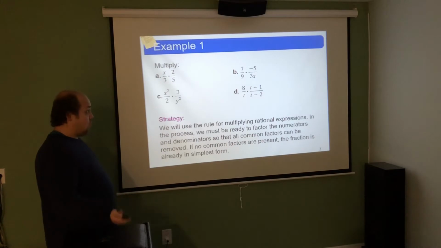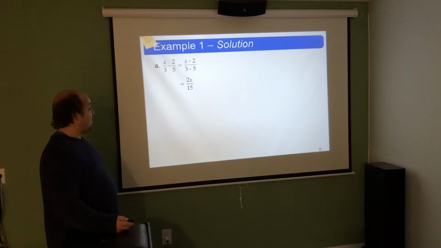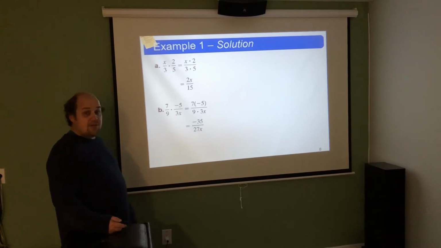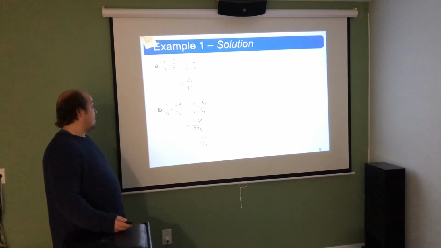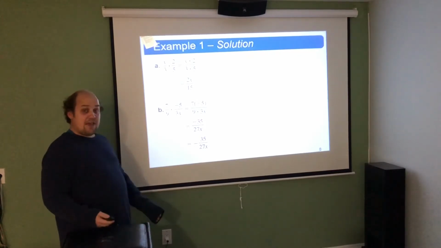So, we're going to run through all these that I just said out loud, showing step by step how to get there. X times 2 over 3 times 5, that's how I wind up with 2x over 15. Again, it can't be reduced, so we move on to the next problem. 7 times negative 5 over 9 times 3x gives me negative 35 over 27x, which cannot be reduced. You do notice that they've said previously to bring that negative out front, so that's how they want them listed